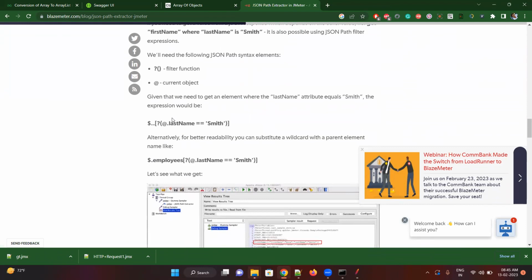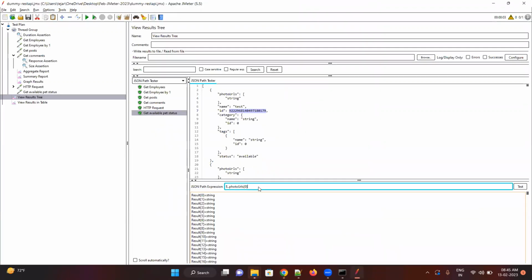Yeah, it's a question mark. This question mark will filter the condition and get the current object. So let's use this. Two dots represent, it will come to here, right? So now I'm saying if my ID is equal to